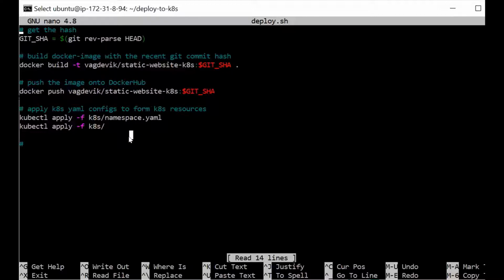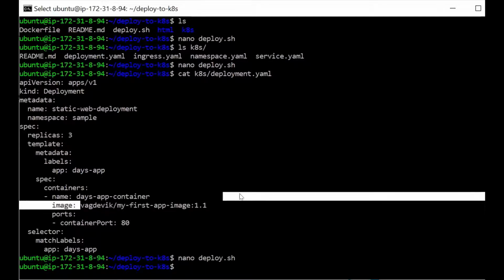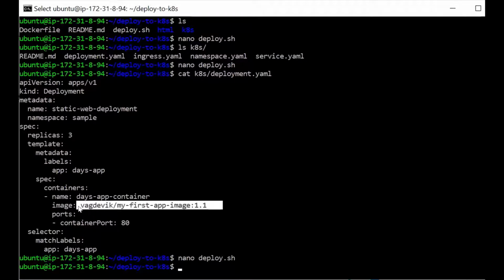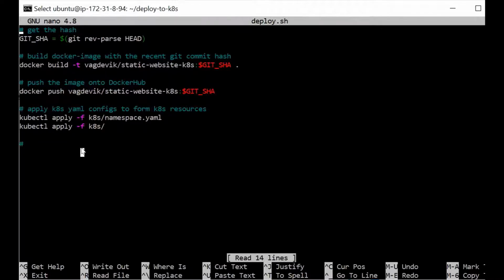So we can't just go every time some changes are made to our application, every time the new Docker image is published onto Docker Hub, we can't just manually go and edit this deployment resource file, right? So we can't every time edit this. So we can automate this by using a kubectl command itself, which we will be writing here.